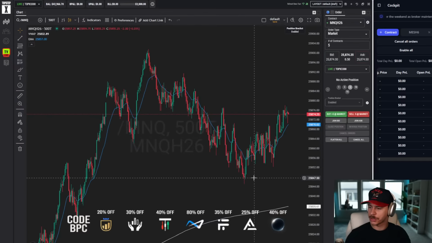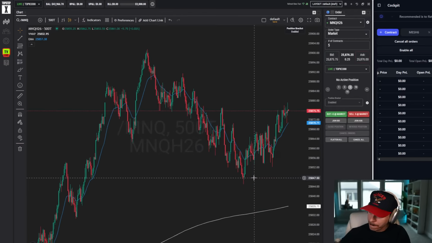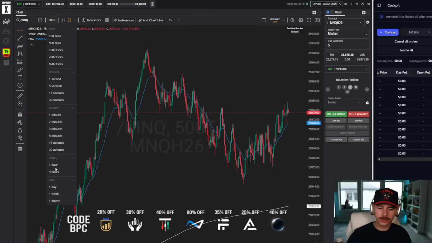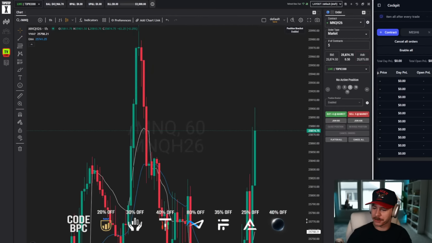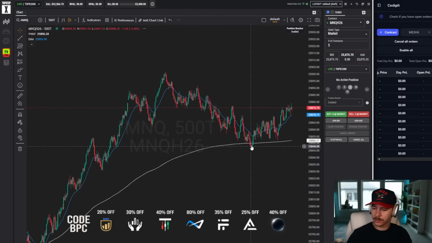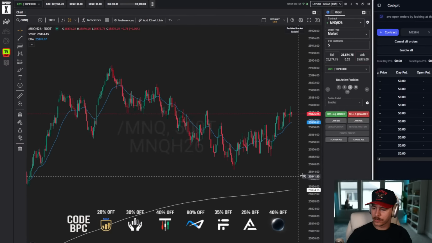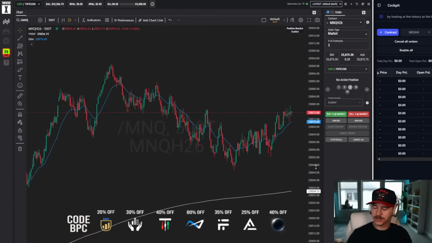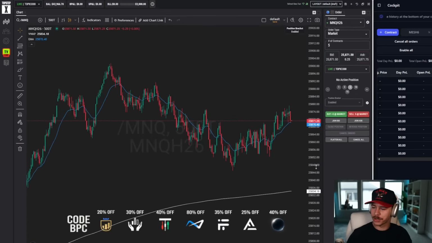See if this structure can hold at 840s. If the buyers can respect 840, defend 840, and we can move back through 25,900, you would think closing in on all-time highs like this should be just a micro pullback, not very deep, and then we move higher. As long as the price action starts to chillax a little bit and we don't get any crazy rejections from up here, I'm cool to just take scalp long trades as we keep pushing higher, if that's what it's going to be.